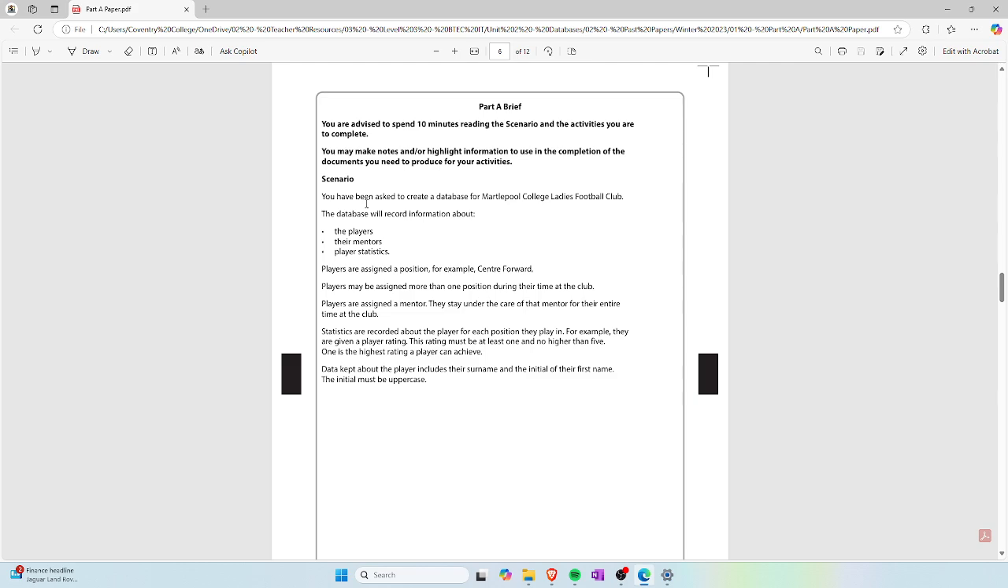Now, you need to understand what player stats are. You don't necessarily need to understand how football is played, but stats, in tennis, in cricket, you have stats. So like in cricket, the amount of overs, the amount of runs, the amount of wickets that a bowler took, or the average speed of their bowler. In rugby, the amount of tries. In football, the assists, the tackles, the red cards, the yellow cards. These are statistics. So the database is recording information about the players that play for Martlepool College Ladies Football Club,